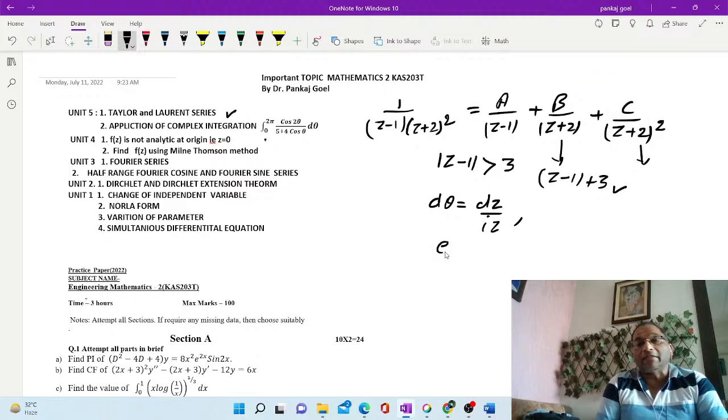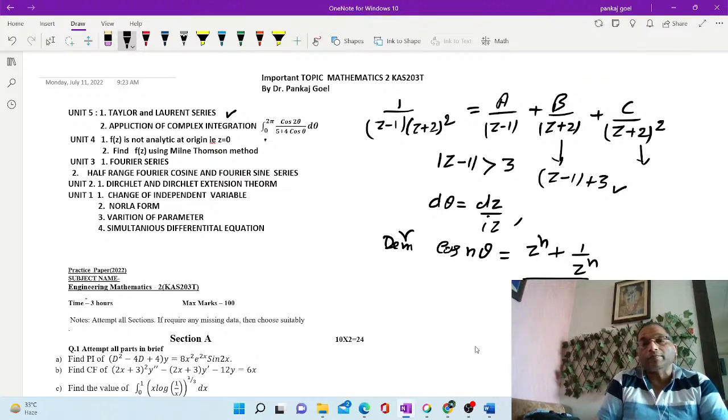And we can write cos n theta equal to (z to the power n plus 1 upon z to the power n) upon 2, and sin n theta you can write as (z to the power n minus 1 upon z to the power n) upon 2i, and in the numerator